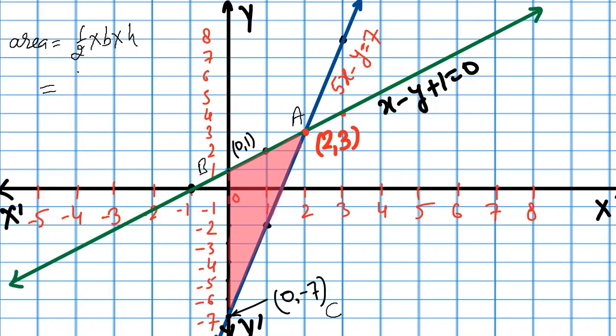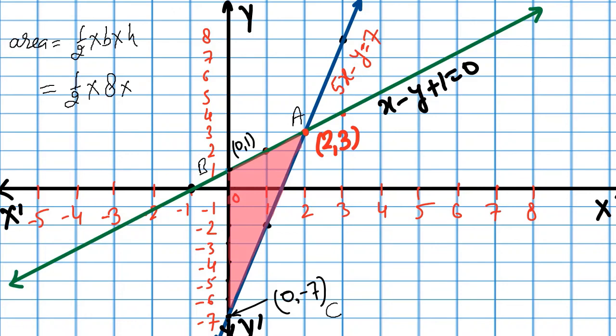So half the base of this triangle will be from this point to this point. So we have to count the number. See, 1, 2, 3, 4, 5, 6, 7 and 8. 8 units are there. So do not think this is a negative sign. Here we are talking about units, so we will not take the negative sign. We'll take how many units are there? 8 units. Base is 8 units.